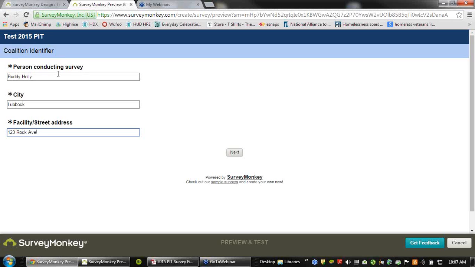These are mandatory because everybody's going to be filling this out, and we need to be able to pull your surveys from your particular community or your coalition. If we were to get any back and it didn't have a city, we wouldn't know where that belongs. So you can't move forward unless these are filled out. They're all filled out, and we're going to hit next.